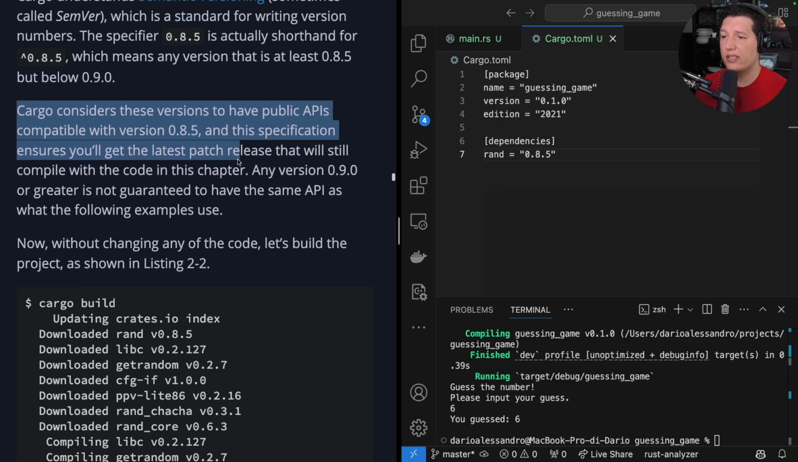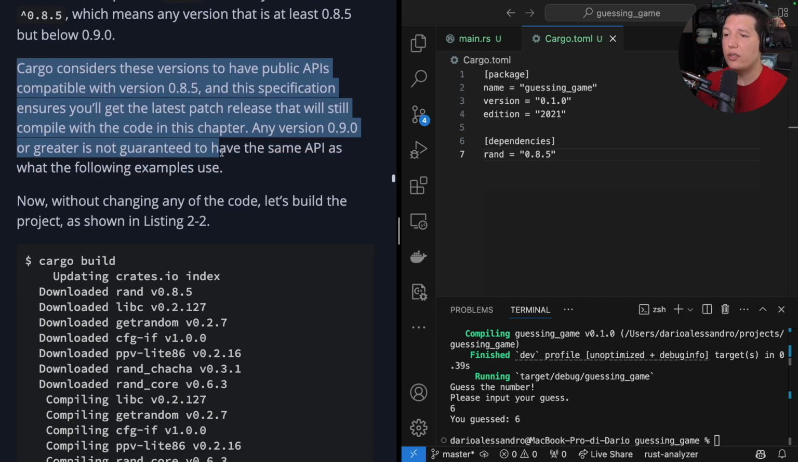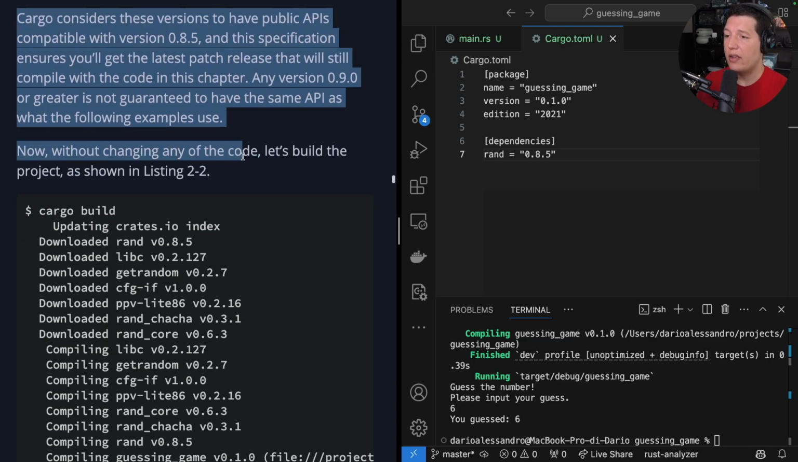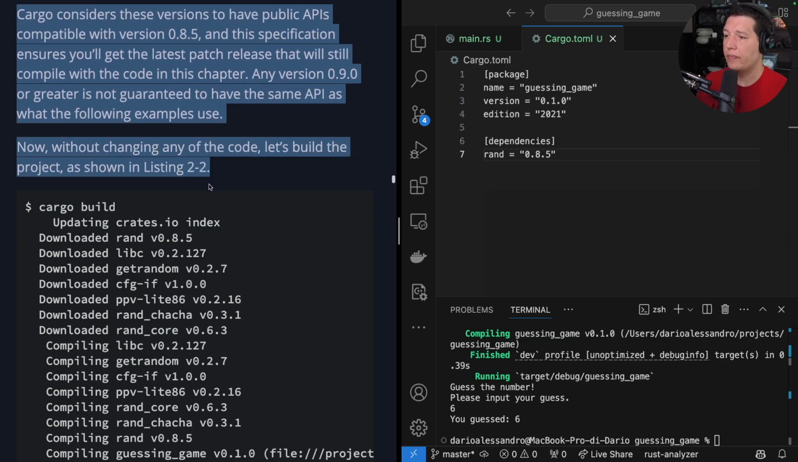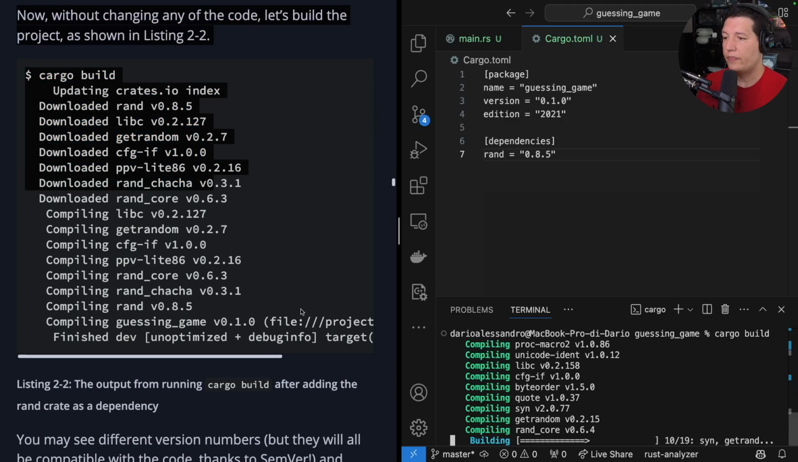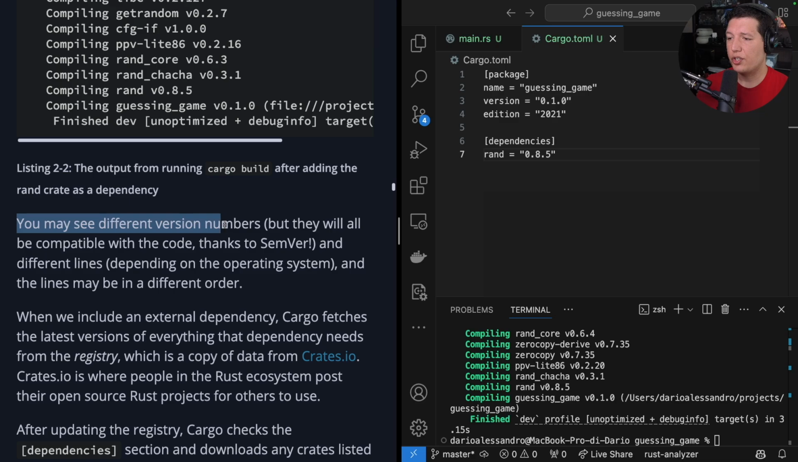and this specification ensures you'll get the latest patch releases that will still compile with the code in this chapter. Any version 0.9.0 or greater is not guaranteed to have the same API as what the following examples use. Now, without changing any of the code, let's build the project. Okay, so cargo build. Cool. You may see different version numbers, but they will all be compatible with the code thanks to semantic versioning,